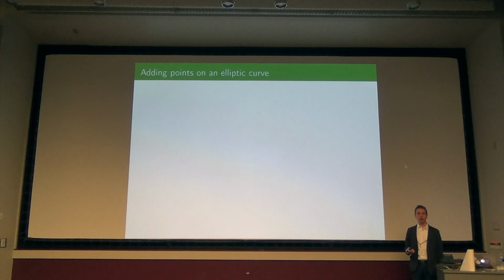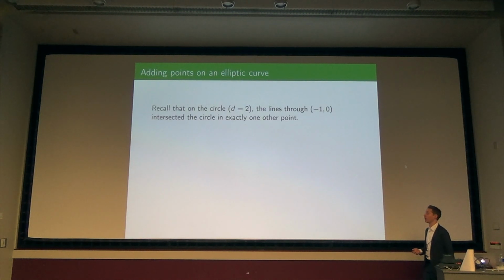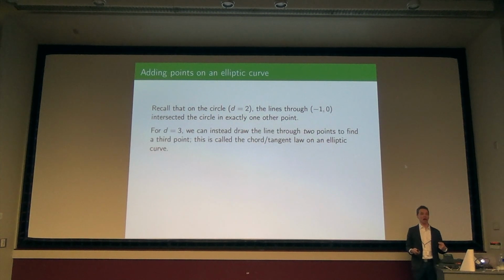Okay, now my favorite part of elliptic curves is, given points, I can generate more points. And that maybe is the most exciting part of my talk, at least from one perspective. Do you remember that in the graphic of the circle, we took lines through (-1, 0), and we were able to parameterize all the points? We could take any slope of a line that we wanted. In degree 3, instead of taking the lines through a point, what will happen there? It'll intersect in two other points, and I can't really be guaranteed anymore that they're going to be rational. So I can't take lines of any slope through one point, but instead if I take the line through